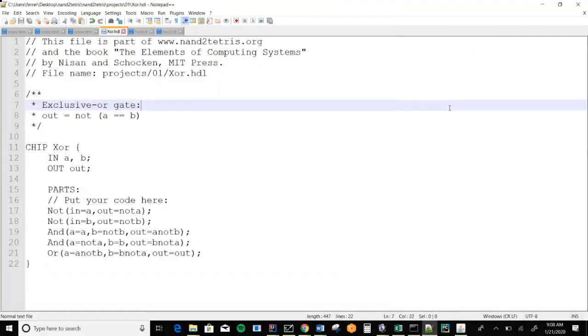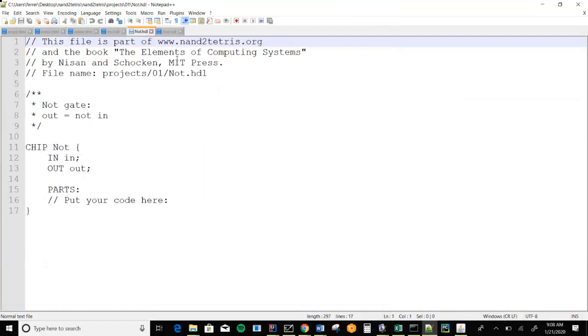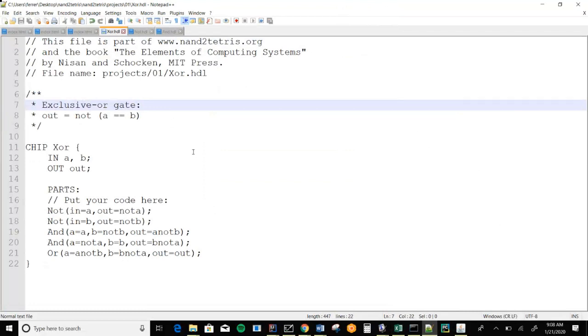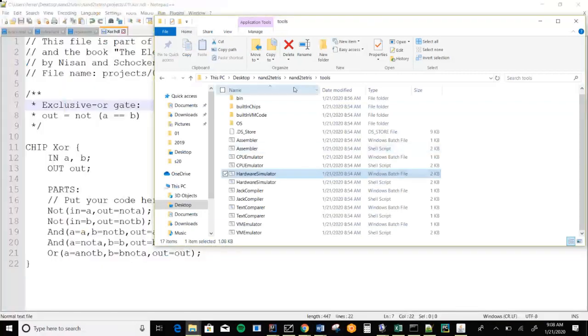But there's a reason it didn't work. The reason is AND, NOT, and OR don't have any circuit definitions. Well, that's kind of deflating. So here's what I'm going to do, because this is just for demonstration purposes. I am going to come over here.